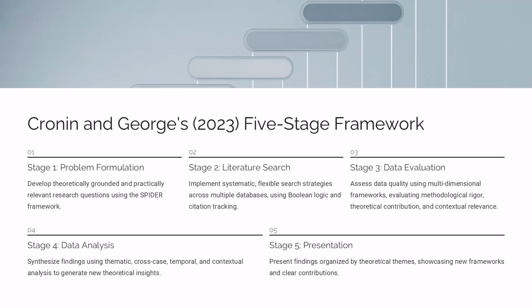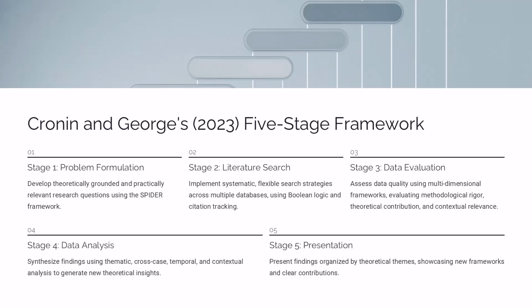synthesis. Stage 3, data evaluation, requires developing quality assessment approaches that go beyond standardized checklists to evaluate methodological rigor, theoretical contribution, and contextual relevance. Unlike systematic reviews that use standardized quality tools, integrative reviews require more nuanced evaluation that considers how different types of studies contribute to theoretical understanding. This involves creating multidimensional quality frameworks that assess studies on multiple criteria, while recognizing that different study types contribute different